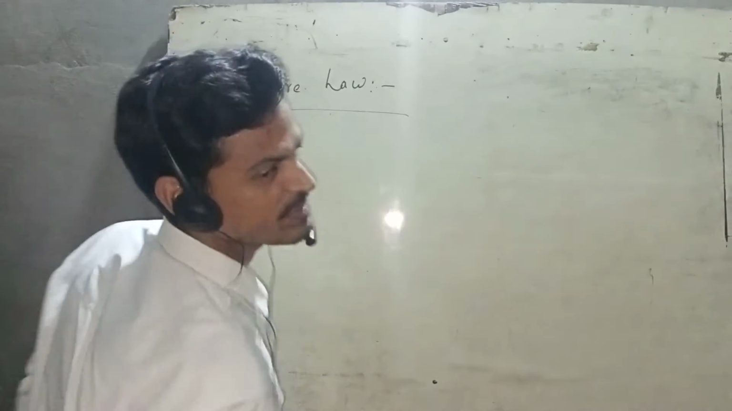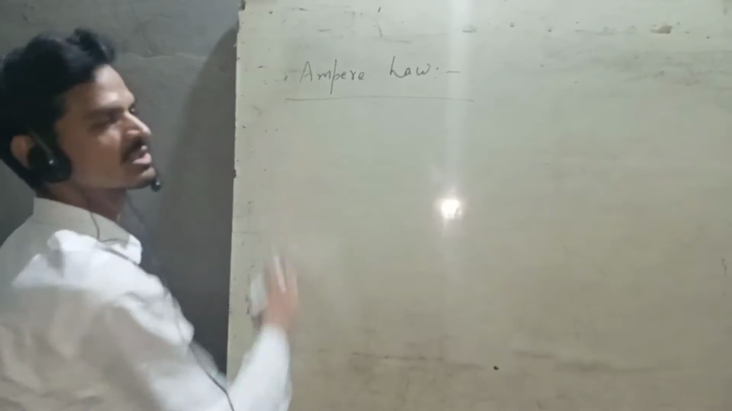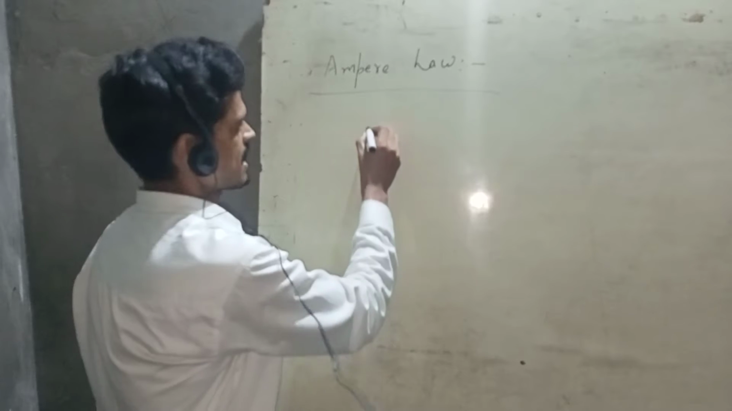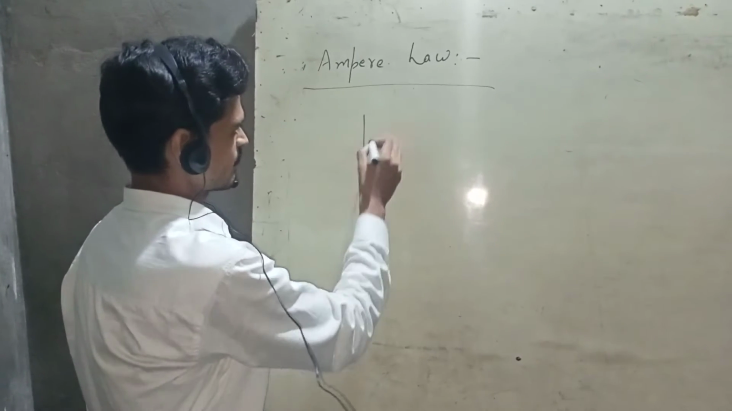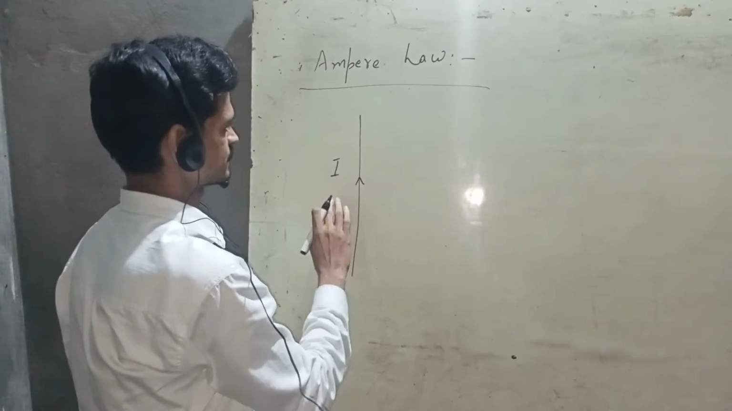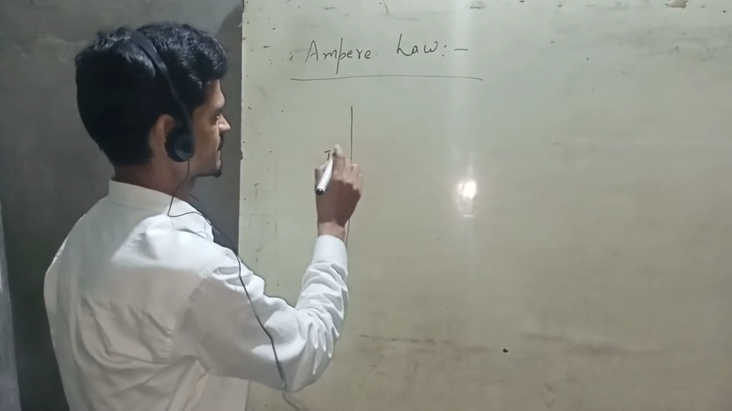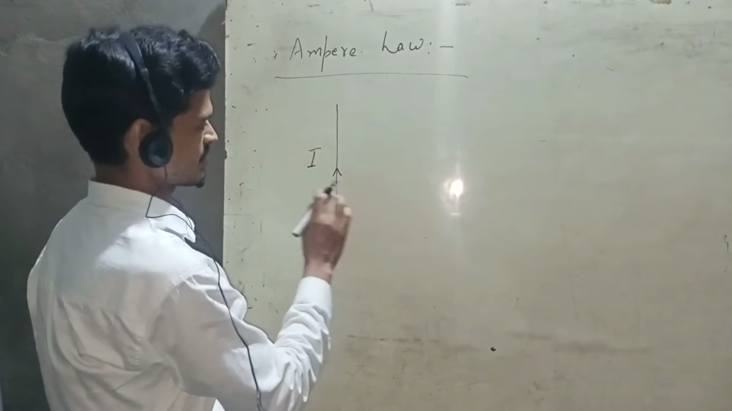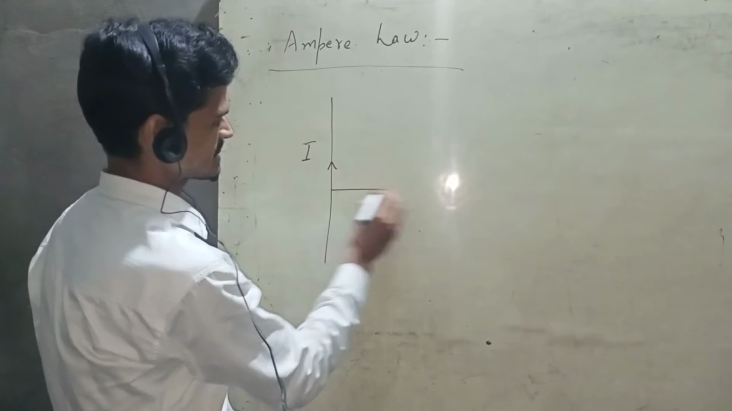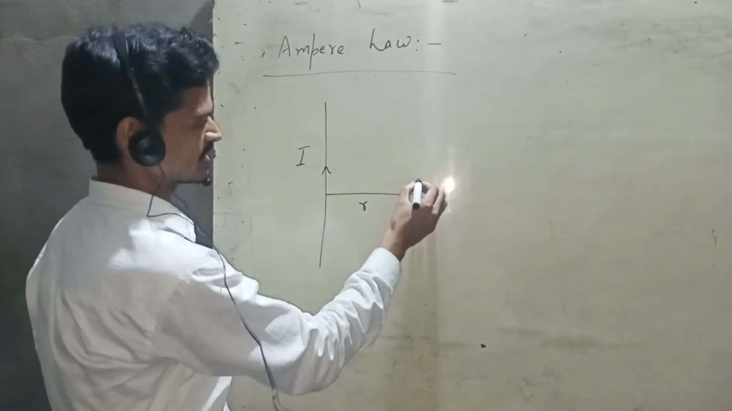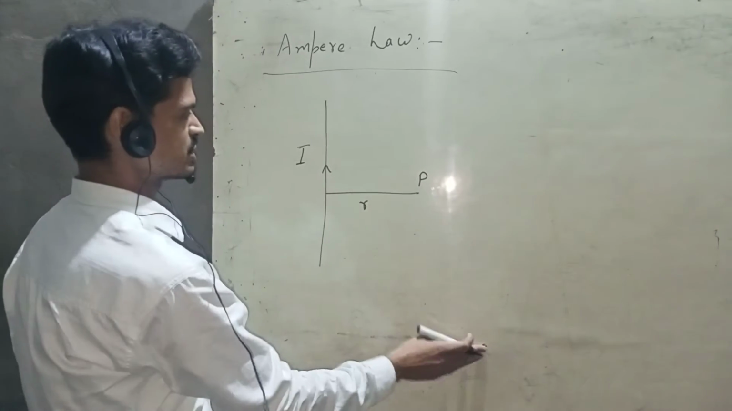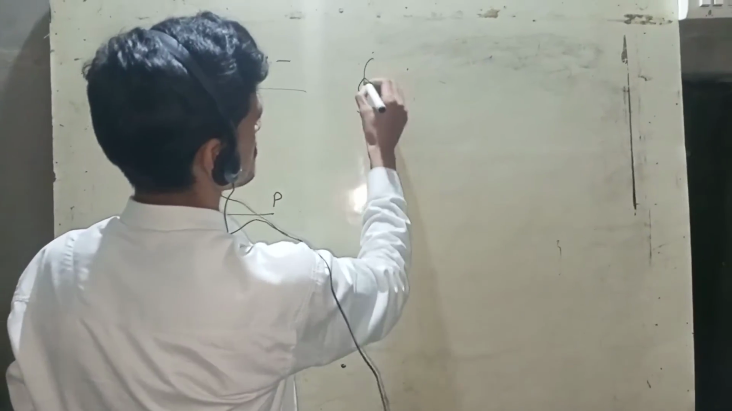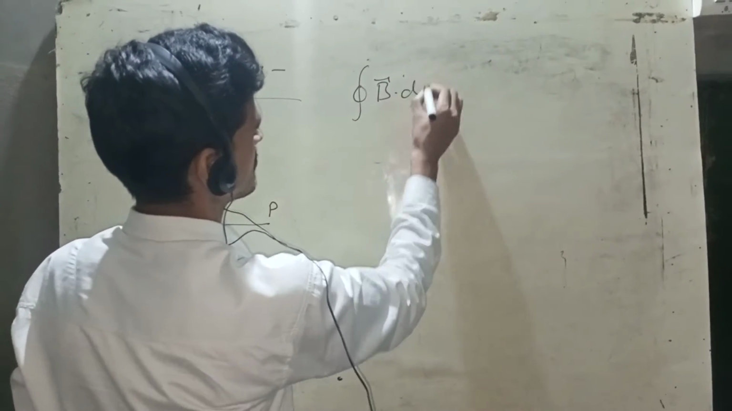Okay, in the previous chapter we learned about Ampere's law. What is Ampere's law? Suppose a current is flowing in a wire. Suppose the current is I, and from a distance r we have to find the magnetic field at point P. Then using Ampere's law, we calculated that the closed integral of B dot dl is equal